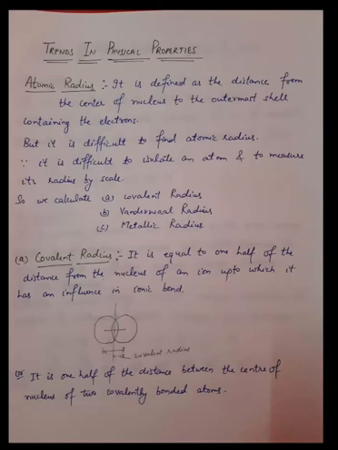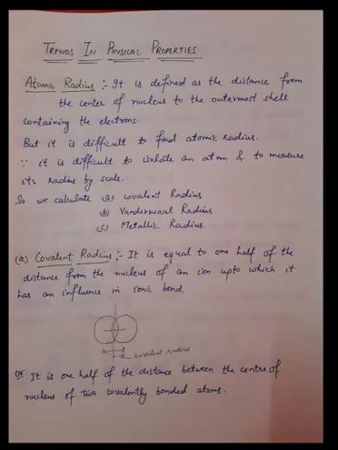So first of all we will study what atomic radius is. Atomic radius is defined as the distance from the center of the nucleus to the outermost shell containing the electrons. But it is difficult to find atomic radius. It is difficult to isolate an atom and to measure its radius by scale. So we calculate covalent radius,